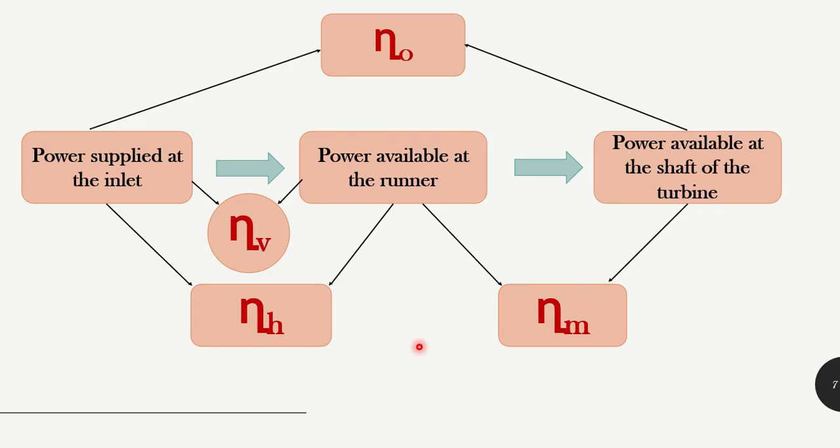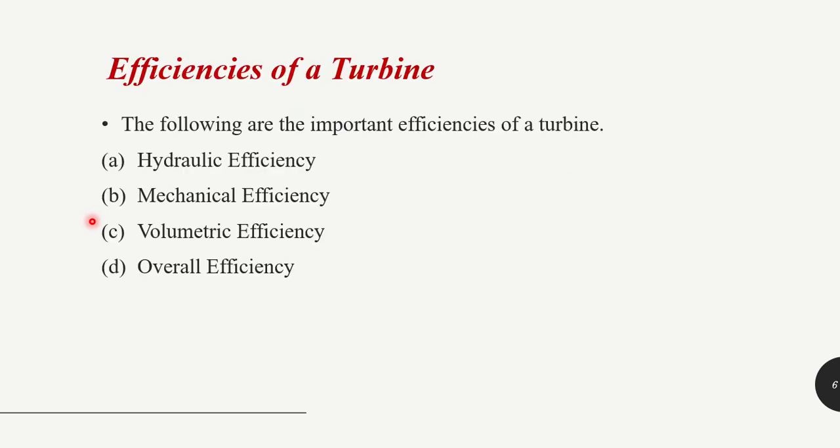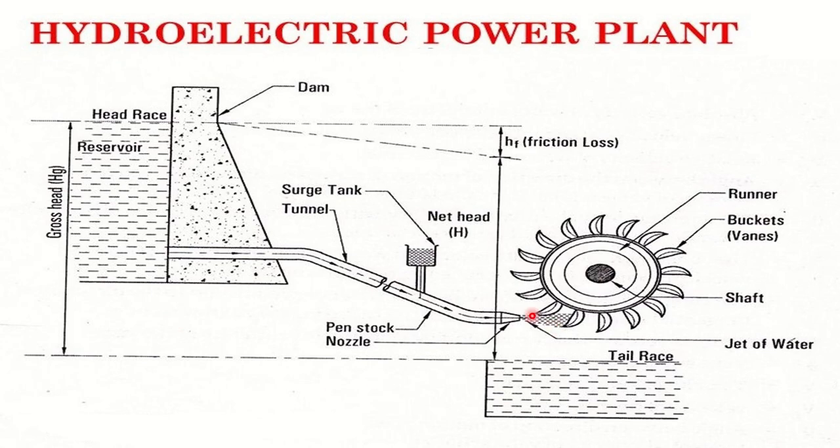Listen. What is actually happening in a turbine? The turbine is taking the water, the turbine is rotating, and the turbine is converting the energy. So what is the first input of a turbine? Water. The water which is coming and falling on the turbine, which is nothing but the supply at the inlet of the turbine, as I've shown you in this figure.